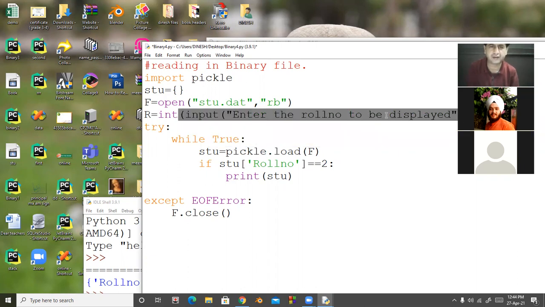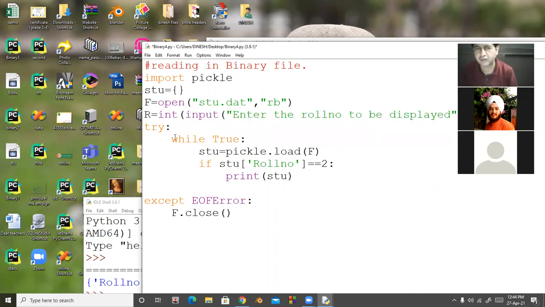So the user will enter the value that will be saved in r, and then we will compare the r with the roll number. So I am executing this program.